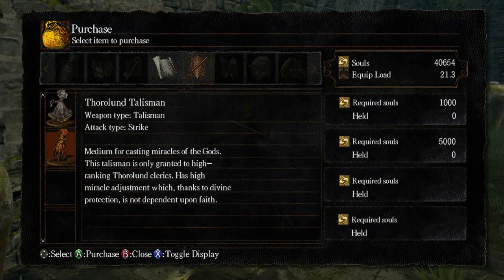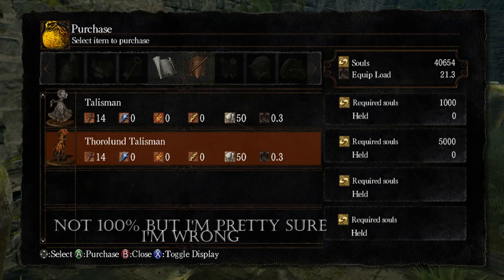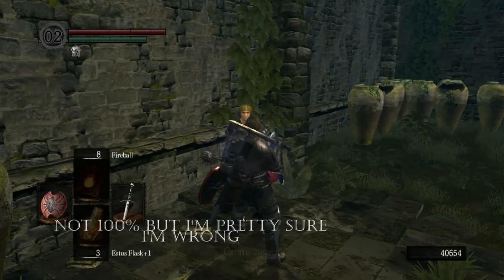Medium for casting Miracles of the Gods. This talisman is only granted to high-ranking Thorolund clerics. Has high miracle adjust, which, thanks to divine protection, is not dependent on faith. So there is an interesting thing with the fact that he sells this talisman, and actually, I'm reasonably certain he doesn't have it when you first encounter him here. I'll have to check that to make entirely sure, so expect a subtitle over this to prove me wrong, but I'm pretty sure this only appears again after